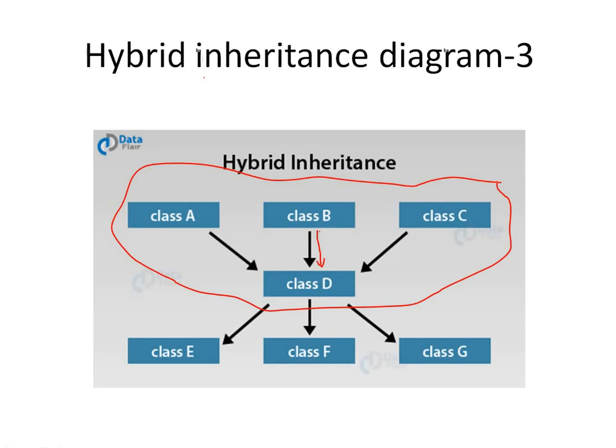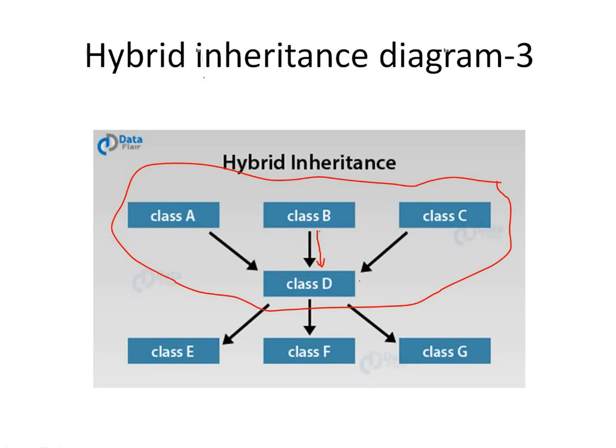Here we have how many number of the base classes? 3 number of the base classes. What are they? Class A, class B and class C, and only one derived class. What is the derived class here? Class D is a derived class. So the path from class A to class D, class B to class D, class C to class D represents